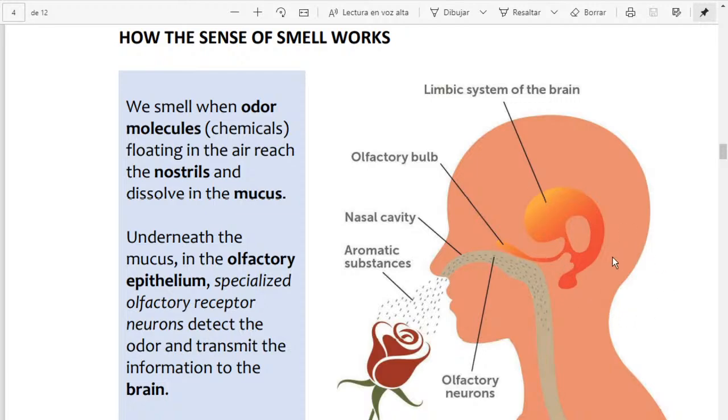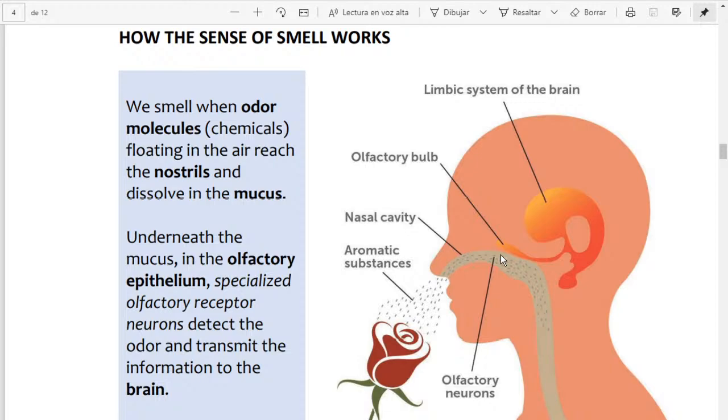Remember, in this part we have the terminals of the optic nerve, the sense of sight. But this part in the side of our brain is the part that interprets the smell. So pay attention. We smell when odor molecules, chemicals floating in the air, reach the nostrils and dissolve in the mucus. So these are the aromatic substances, good or bad odors, doesn't matter, that enter